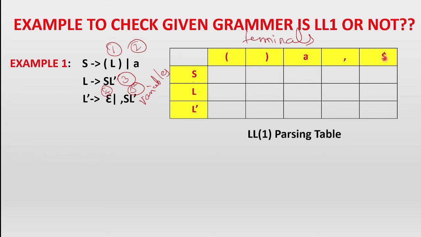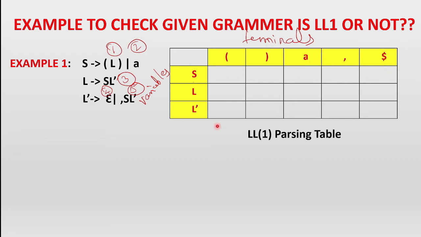So you have to always put the dollar. Epsilon will never come because epsilon is not a terminal and it is not a variable also. It is a special symbol. So epsilon won't come on the row part and epsilon won't come on the column part also, because it is not a variable and it is not a terminal. It is a special symbol. So it won't come in your parsing table anywhere. And dollar will be considered as a terminal in the parsing table. Any grammar you take, dollar will always come in the parsing table on the terminal side, that is on the column side.